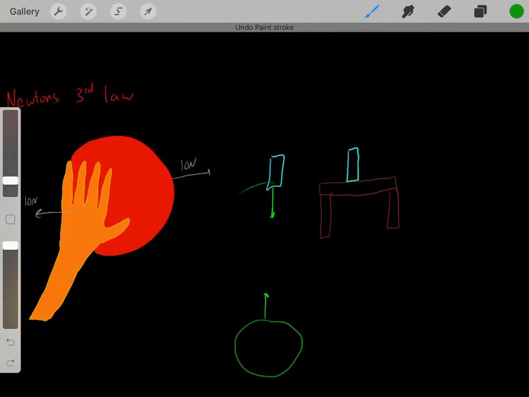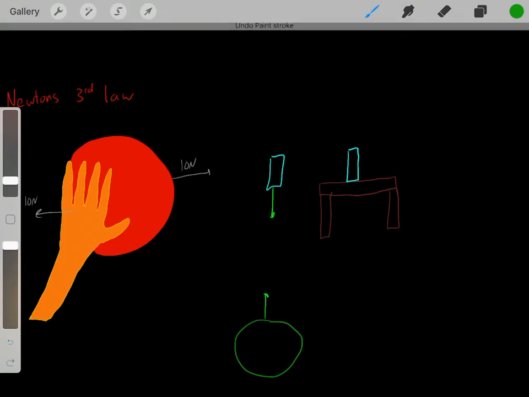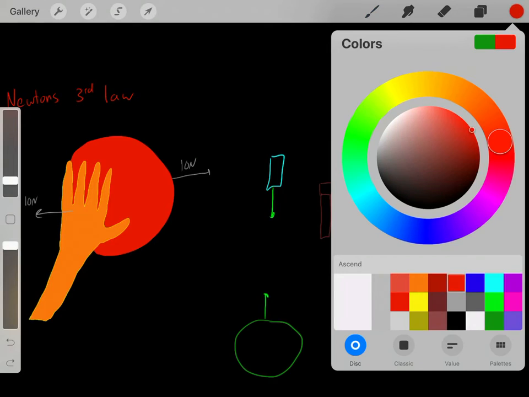All forces have equal and opposite forces, equal in magnitude, opposite in direction. And again, we know that equal and opposite force must be applied on a different object. In this example, it's the Earth that feels that equal and opposite force. So now that we know that, however, notice